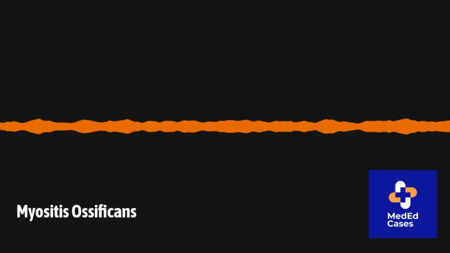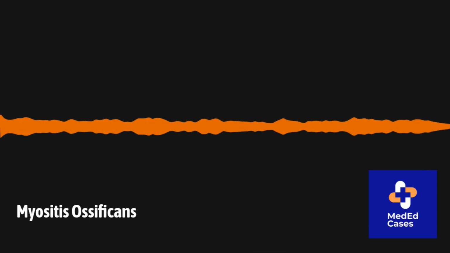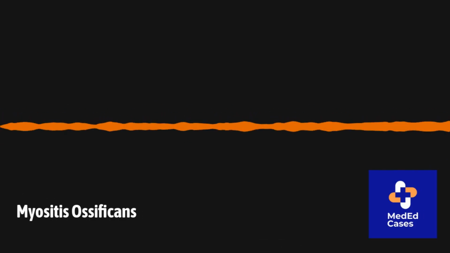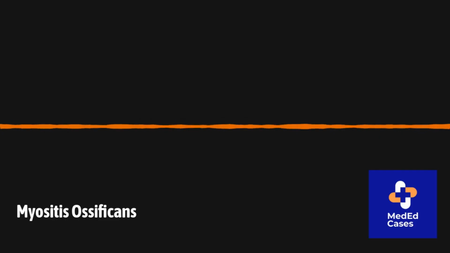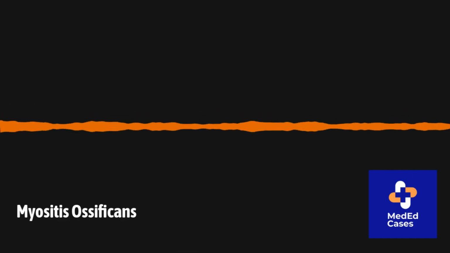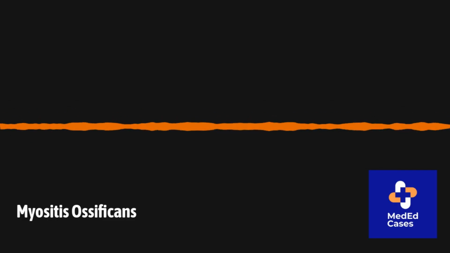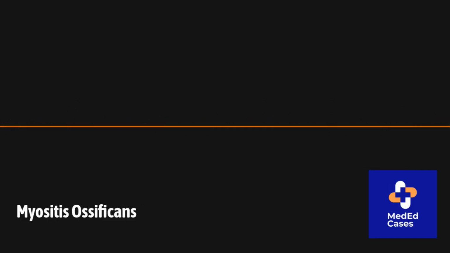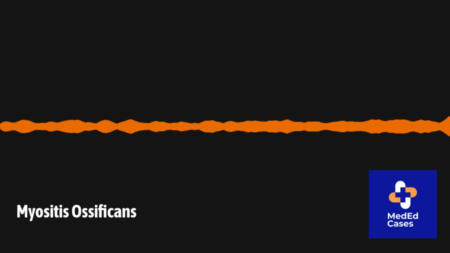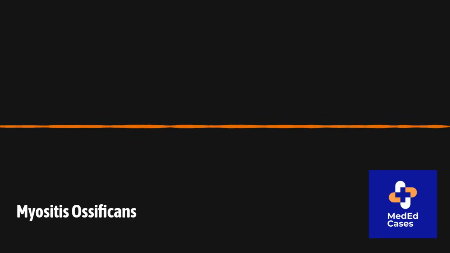So, okay, moving from the what to the why. Why does this happen? Well, the exact pathophysiology, the precise mechanism, is still not completely nailed down, which is fascinating in itself. But the leading theory involves a kind of miscommunication after injury. You have these cells called fibroblasts. They're like the body's repair crew, usually building connective tissue. After an injury, instead of just patching up the muscle, they seem to get signals to differentiate or transform into cells that build bone and cartilage instead. So they switch jobs, essentially.